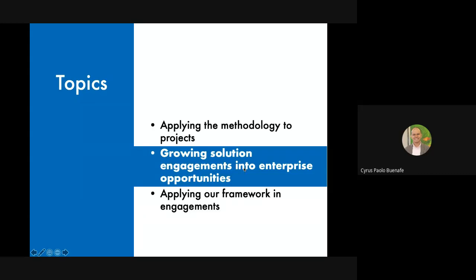Now, in this portion we'll talk about two things. We'll talk about engagements, okay, and growing solution engagements into enterprise opportunities, and we will try to apply our solution architecture framework in engagements. Now, these last 2 points would be very specific activities for solution architecture that's not really related to